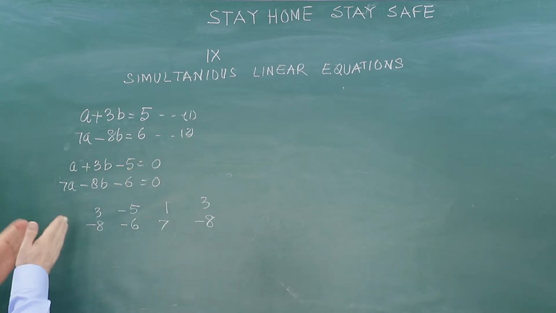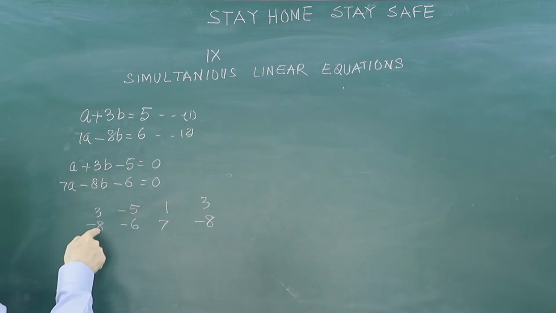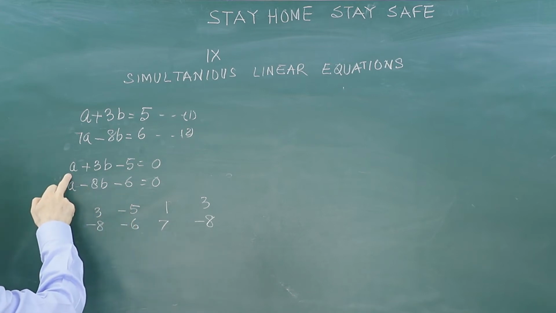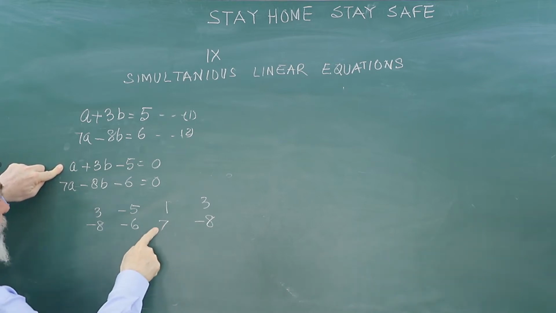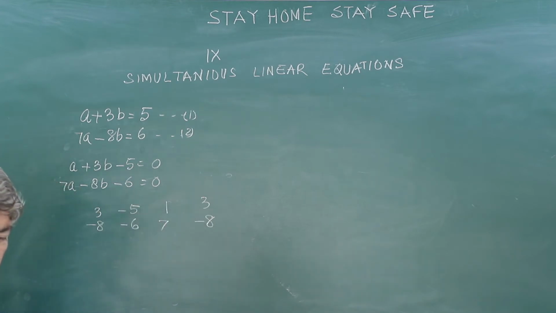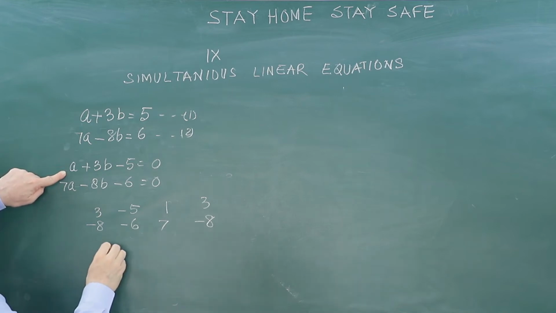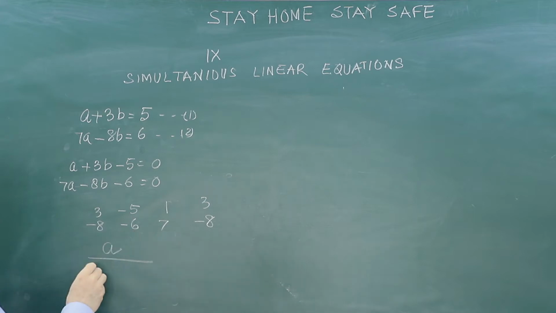Now we told you first we start by writing the coefficients of b: 3, minus 8, then minus 5, minus 6, then the coefficients of a, which are 1 and 7, and then the first is repeated at last. Now how do we do that? The first variable is a upon 3 into minus 6, which is minus 18,